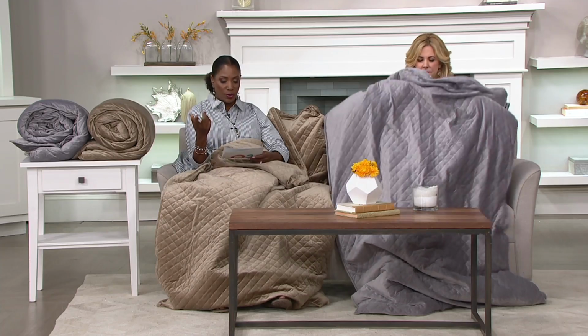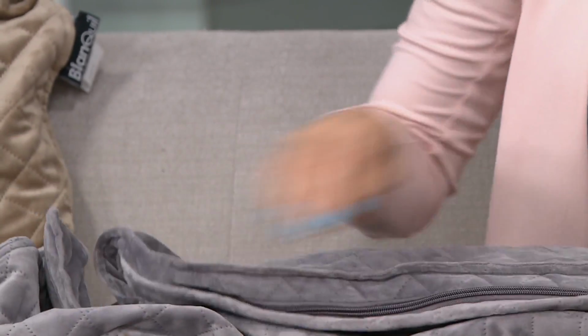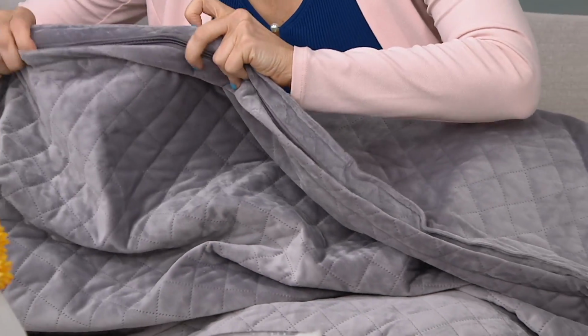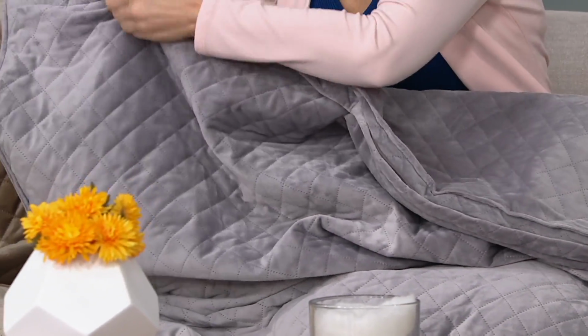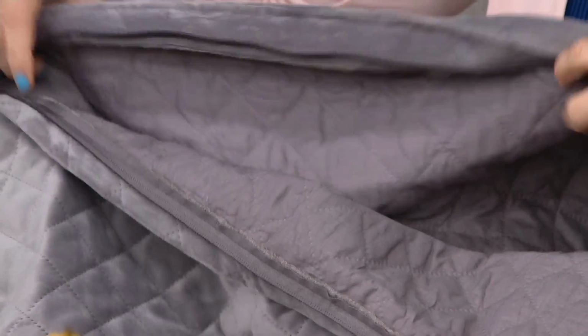You got it. Well, the cover is removable, which is also important, so you can launder that. Many people will use this in their bed. Other people will actually use this to do exactly what we're doing, and that is to sit and relax and just literally take a load off, or add a load on, I should say. But the whole idea here is that comfort, that feeling of a hug that you get from the additional weight